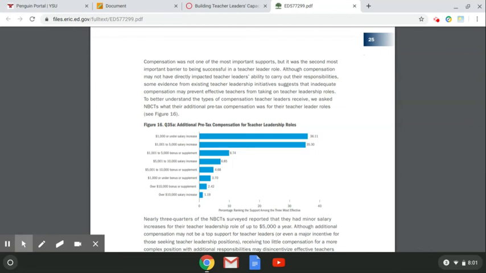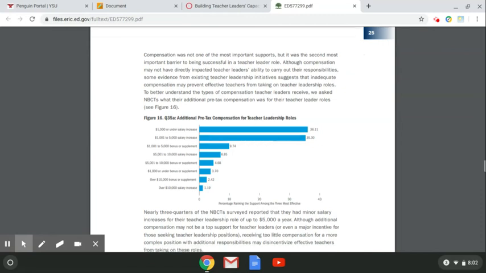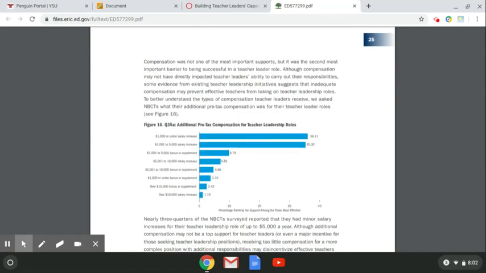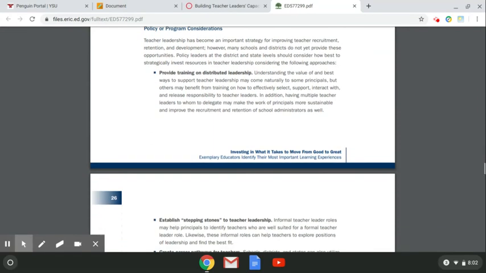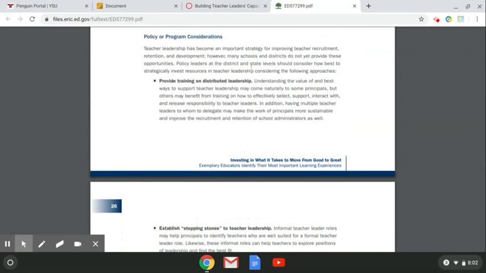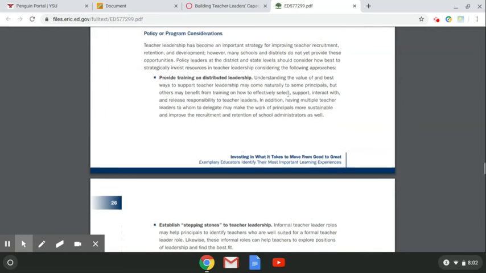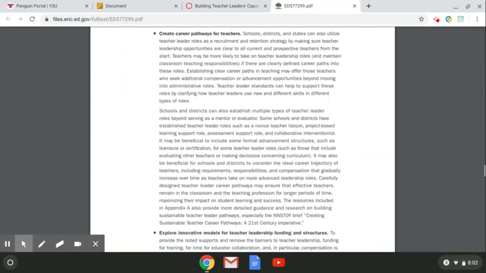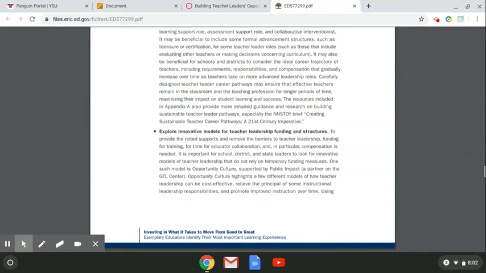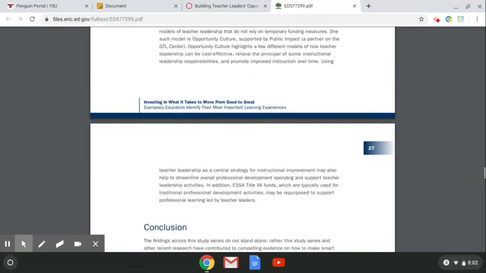So, for example, they have a position where they don't have a duty, so they don't have hall duty or class coverages or cafeteria duty. That's their compensation, but is monetary compensation going to be something that's more beneficial for teachers? So we're kind of toying around with different ideas, and we actually have started to do so with our elementary department chairs or grade level chairs, which are actually monetarily compensated as opposed to time compensation. They have some policy things in here and some suggestions for career pathways for teachers and teacher leaders, stepping stones to teacher leadership. I just thought this was an interesting couple of pages.